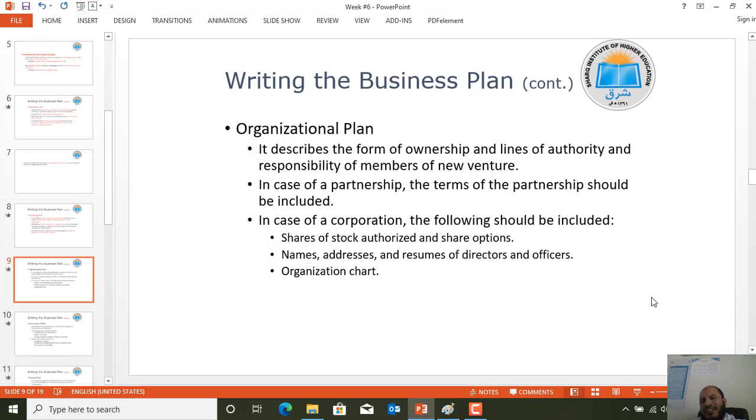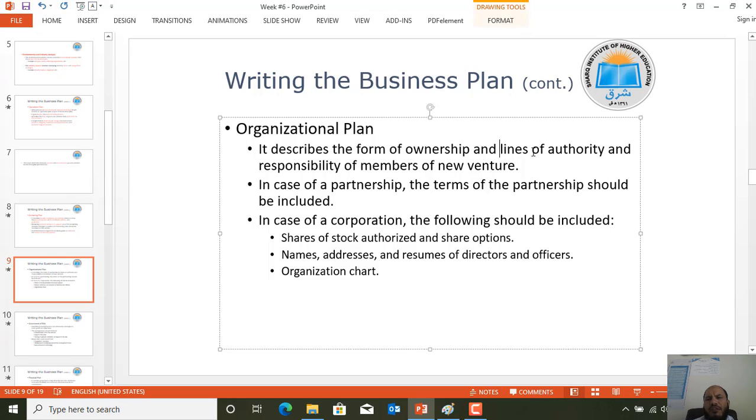When we are discussing the organizational plan, keep in mind that we have the levels of managers in the organization. The discussion is about the ownership style, who the owners are and what type of business we have, like sole proprietorship, partnership or corporation, and also how many lines of authority we have in this business and who is responsible for what, the functional area, procedure and others.